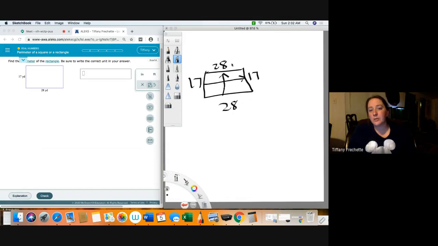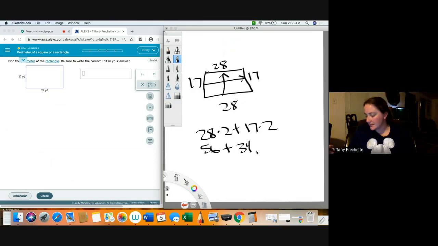In this case, they're not all 28s like they were on the last one. They're using 28 again here by chance. So I can't just say 28 times 4, but I do have 2 28s, so I can say 28 times 2 plus 17 times 2. Is that really that different of a calculation than going 28 plus 28 plus 17 plus 17? No, it's really not that different at all. So 28 times 2, and we get 56, plus 34 for 17 times 2. And we add those together, and we get